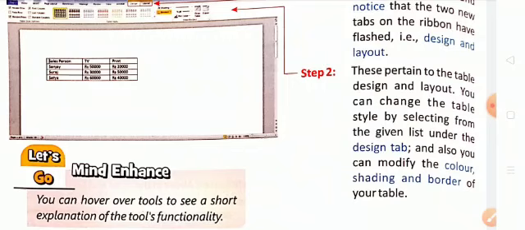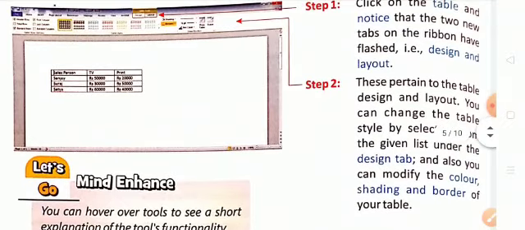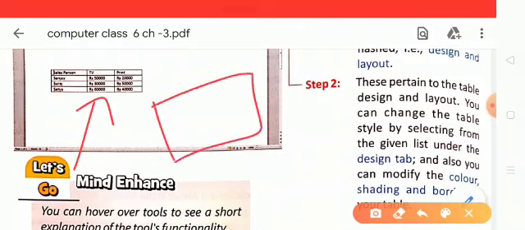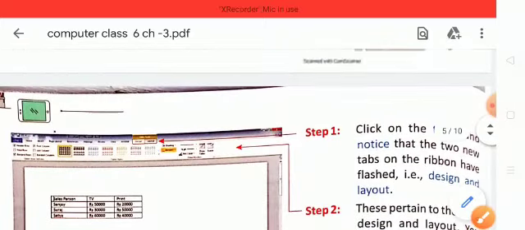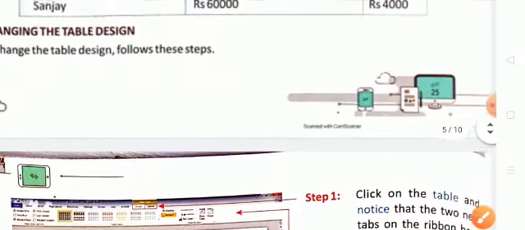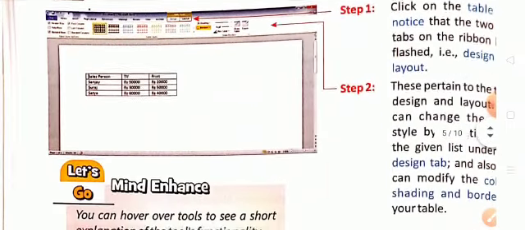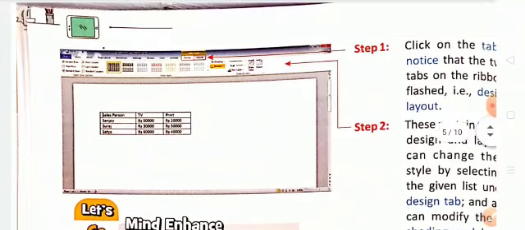We can also modify the color, border, shading, etc. So, children, that is changing the table design with the help of the design and layout tabs.